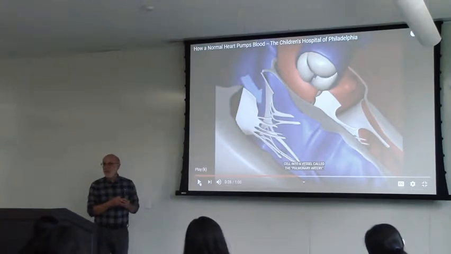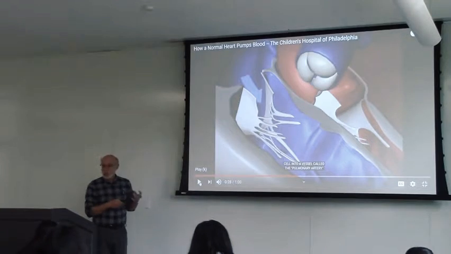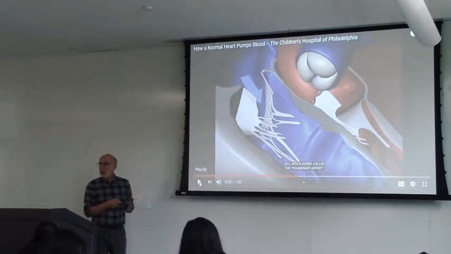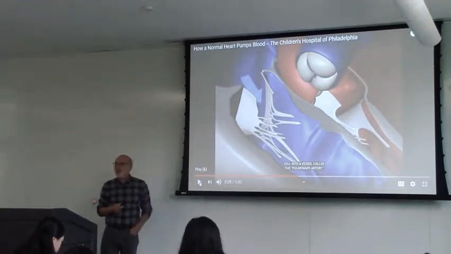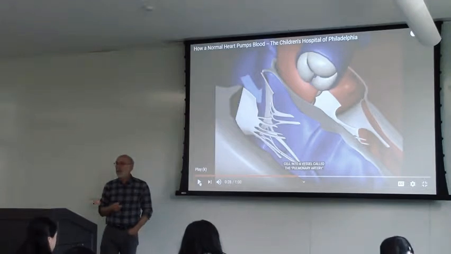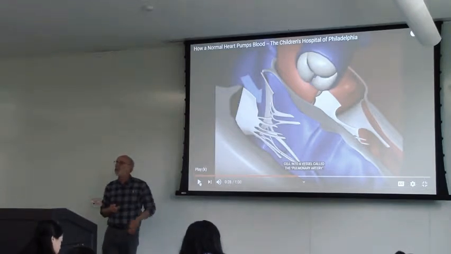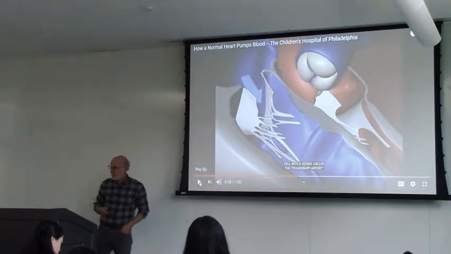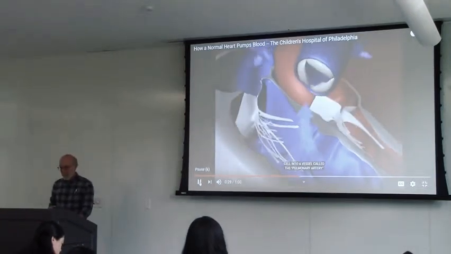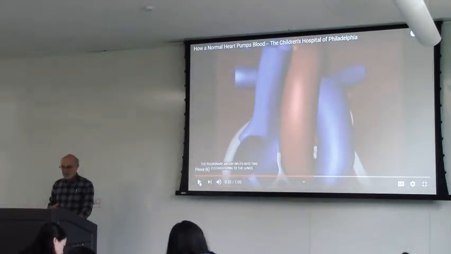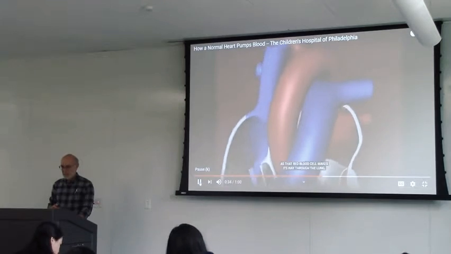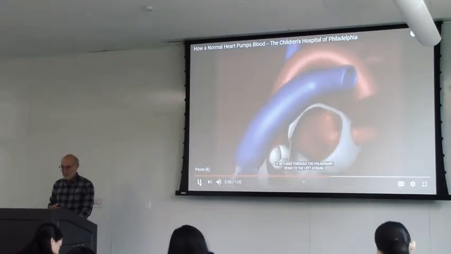Pulmonary semilunar valve. So it's the pressure in the right ventricle that closes the tricuspid valve and opens and forces blood out the pulmonary semilunar valve into the pulmonary trunk and then into the pulmonary arteries. The pulmonary artery splits into two vessels, the pulmonary arteries, each going into the lungs. As that red blood cell makes its way through the lung, it returns through the pulmonary